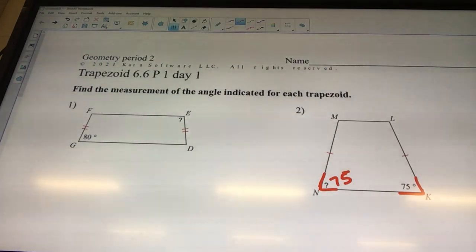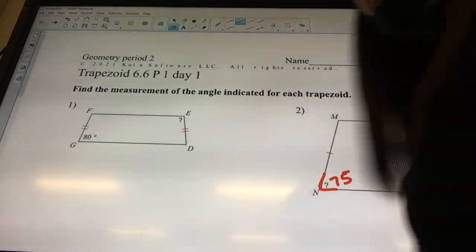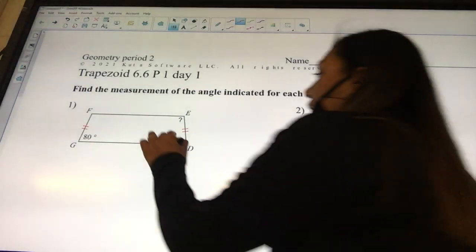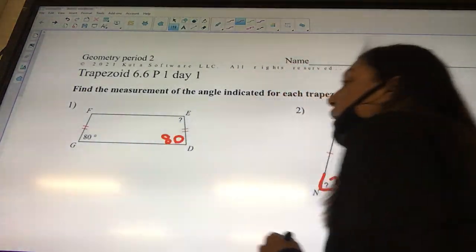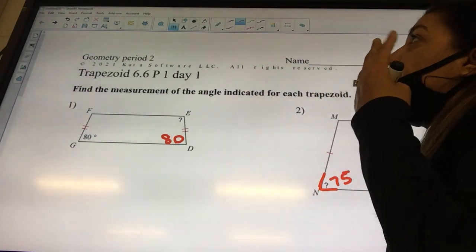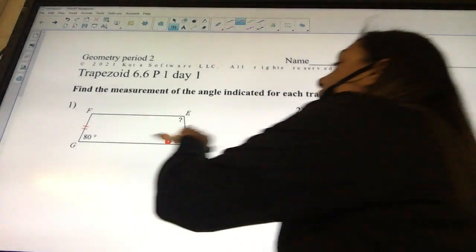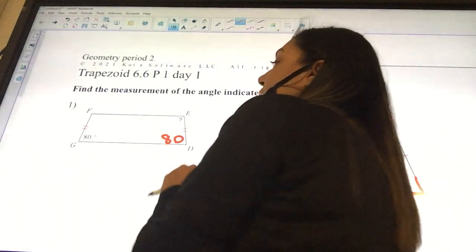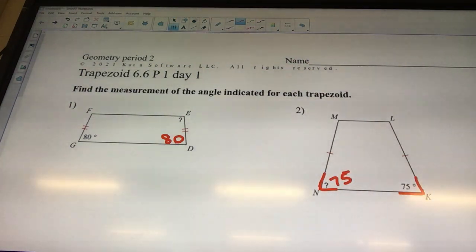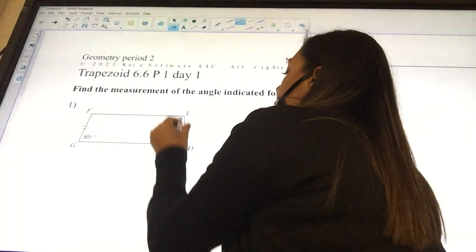And so if you look at number 1, which other side do you think is 80? D. Yeah, D looks like 80, okay? And it is 80, okay? But we need to figure out the other one. And so, other than them being the same, these ones would add up to 180. So you're always going to have two of the same ones and two of the same ones. And then if you took one of each, they're going to add up to 180, okay? And so we can say 180